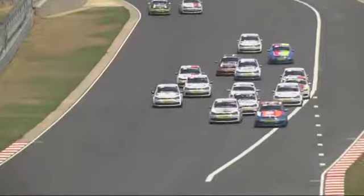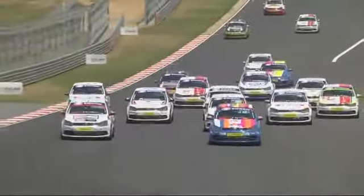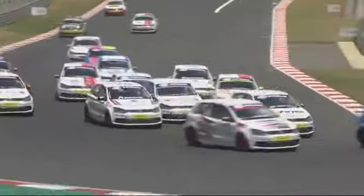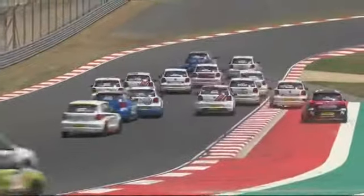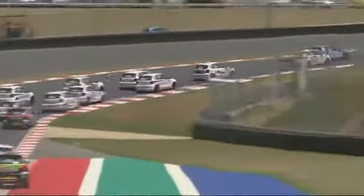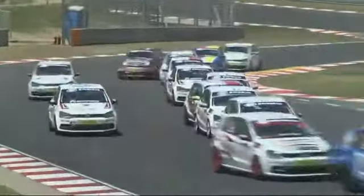Johan Pretorius has been tagged on the start line and manages to get going. The medical car is just stopping, with yellow flags waving aplenty, but he has got that car moving. I don't know if he's going to be able to race. It was a very good punt, but we go back to the front of the race, and it is Sean